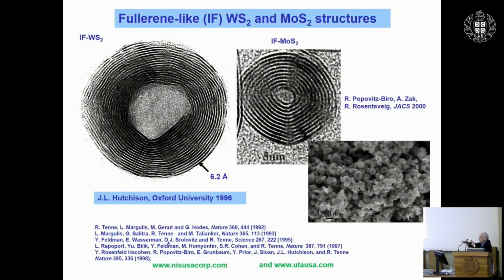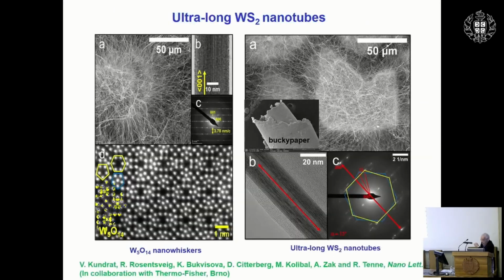And whatever angle you tilt it, you see the same kind of picture, and you see also the diffraction remains the same. And it took us many, many years to learn how to produce them as a pure phase, because usually crystals want to grow, or energetically they favor large material with small surface, large crystallites. And we had to do some kind of an arrested growth in order to be able to synthesize these materials in large amounts and in pure phase. And once we had it, we started to study their properties.